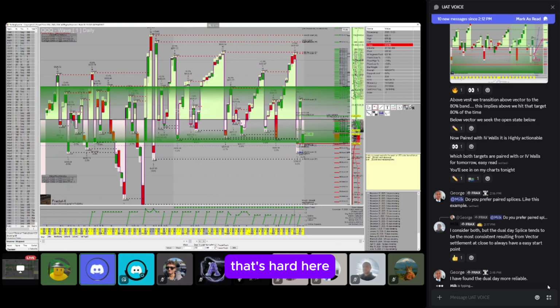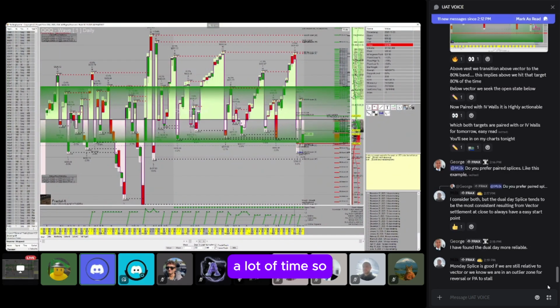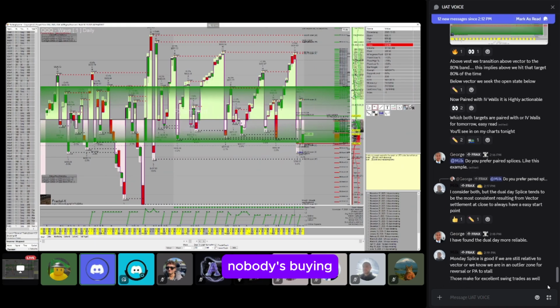But one thing that's hard here, I looked at the graph and it's like this represents a lot of time. So being regimented, so it's like you're always placing the same bets, the same trades. Because one thing I've noticed, sometimes I'll get DMs from people and they'll try the trade and it doesn't work and then they're gun shy. And it's like we're running a business. It's like we're buying and selling a product. So maybe here we're buying coats when the summer weather's still going strong. Nobody's buying the coats, so we take a loss on them. But it's the exact same principles.